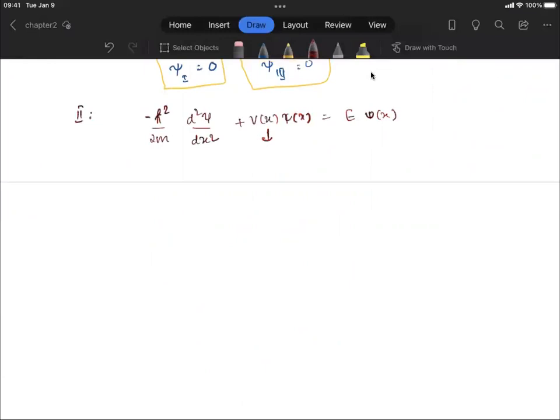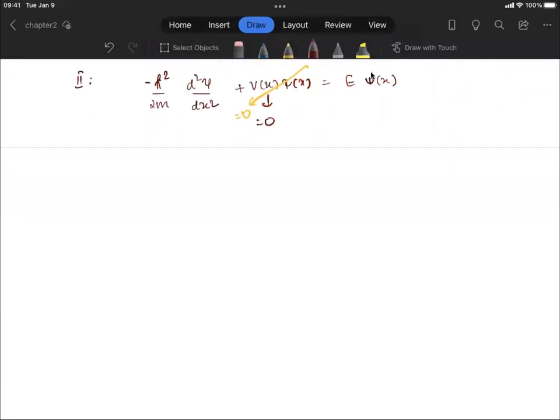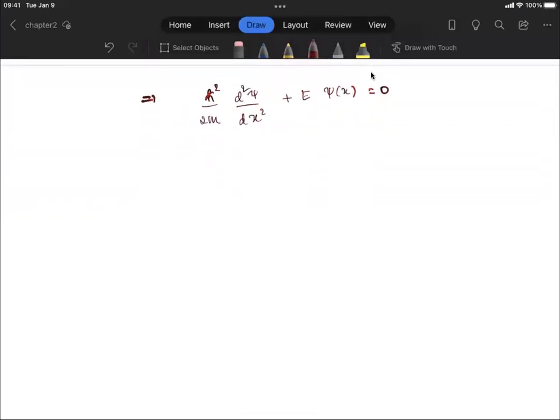However, the potential is equal to 0 right now. This entire term is going to be 0. So we will end up with h bar squared over 2m d squared psi over dx squared plus E psi of x equal to 0. Now this is of the form